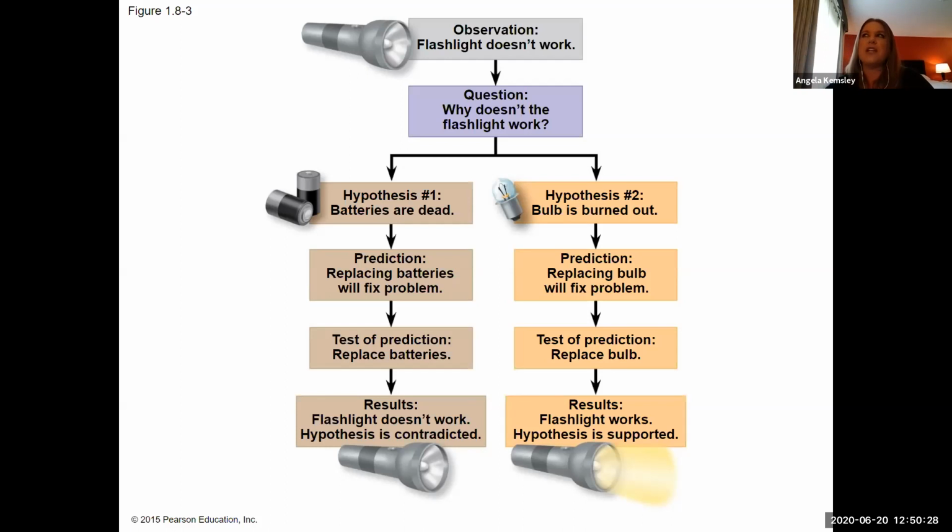Well, you made an observation: my phone didn't turn on. Then you asked a question: why doesn't my phone turn on? Then you formed a hypothesis: maybe the battery's dead. Then you tested that hypothesis. You plugged it in, you let it charge,